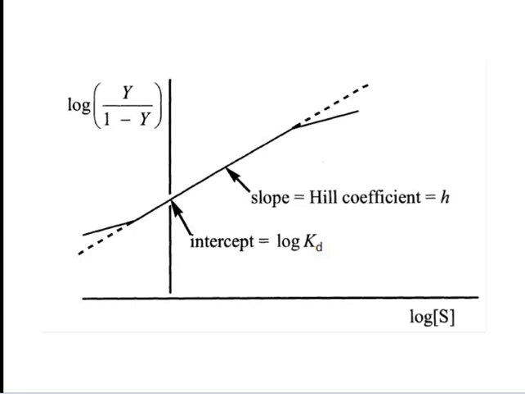For systems where cooperativity is complete, the Hill coefficient h is equal to the number of binding sites n. Proteins which exhibit only a partial degree of positive cooperativity may still give a Hill plot with a linear central section, but in such cases h will be less than n and the linear section is likely to be shorter than for a system where cooperativity is more nearly complete. So this is the graph which is called the Hill plot.